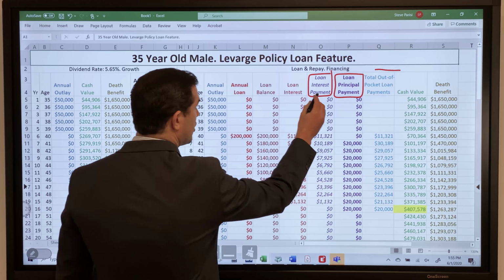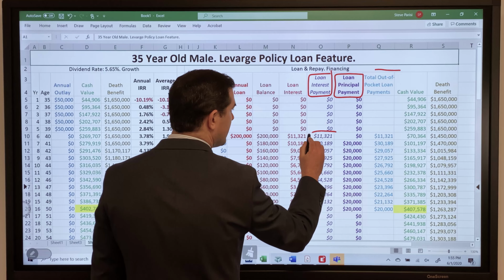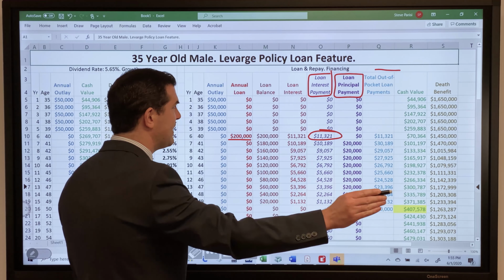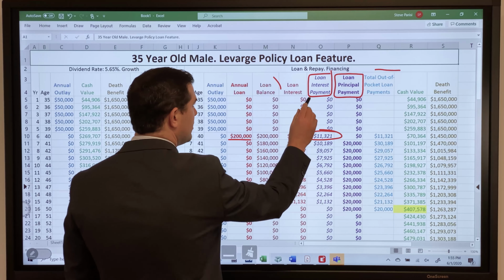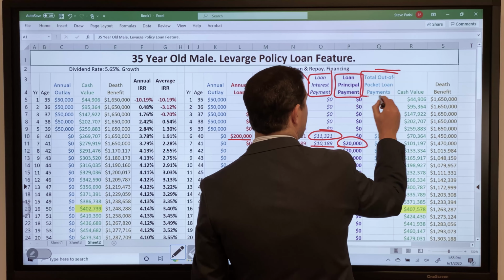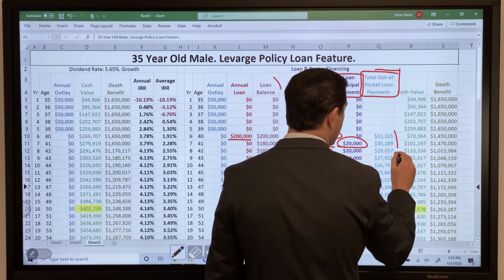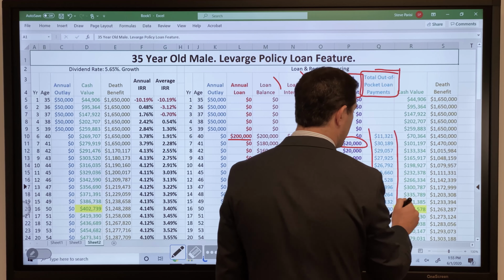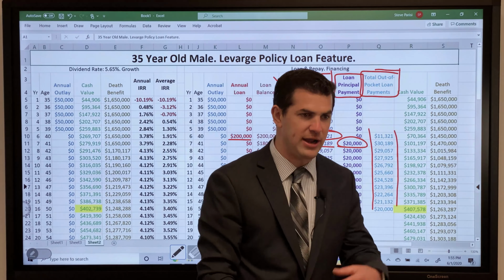here, is loan interest payments. There's the interest when we pull that 200K loan out. We paid that out of pocket. Loan interest payment. Following year, we paid the interest again, but the balance as well. In light blue, we've got our total out of pocket. So obviously, as we throw 20 grand per year at the principal of the loan, we're chipping away at the balance. Here's your loan balance.